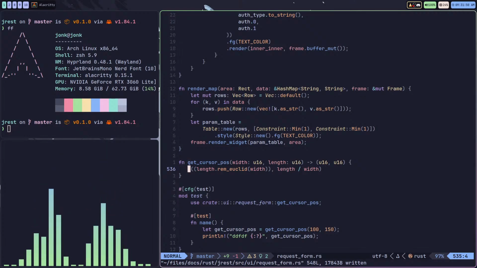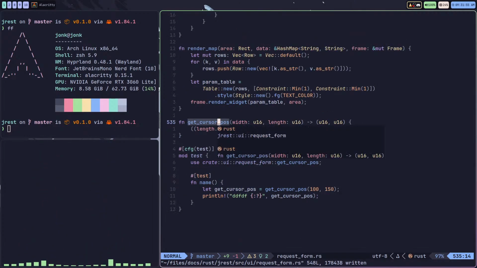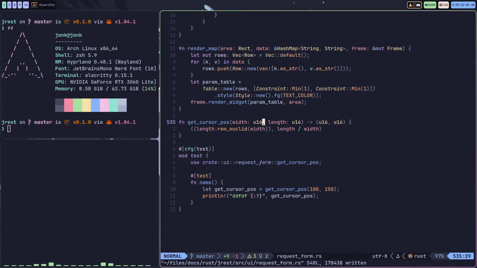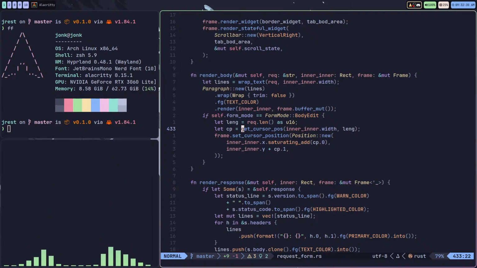Okay. Was it this? I know I had some useful code for calculating this. I wish I wrote comments for this. This wasn't self-documenting. I took the width and the length of something. Oh, so the width of the buffer, the length of the line. Where was I using this? I think this was what I was using to get the cursor positioned, because what I